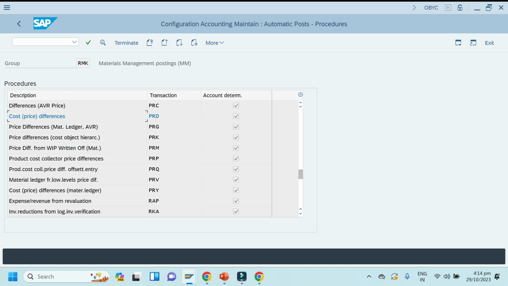Create material. Create material with the above material type ZTAT in the above valuation grouping code.